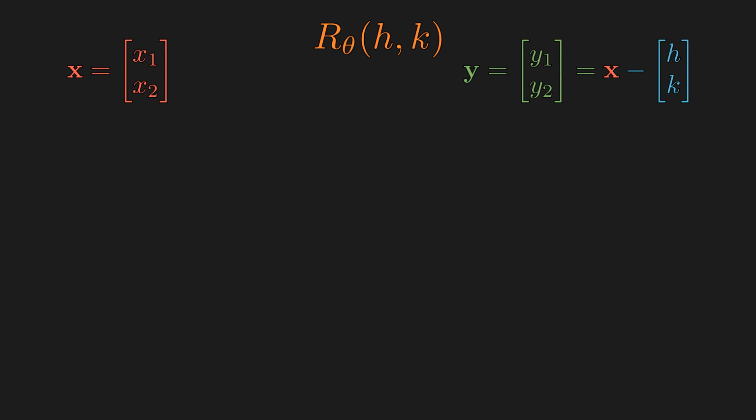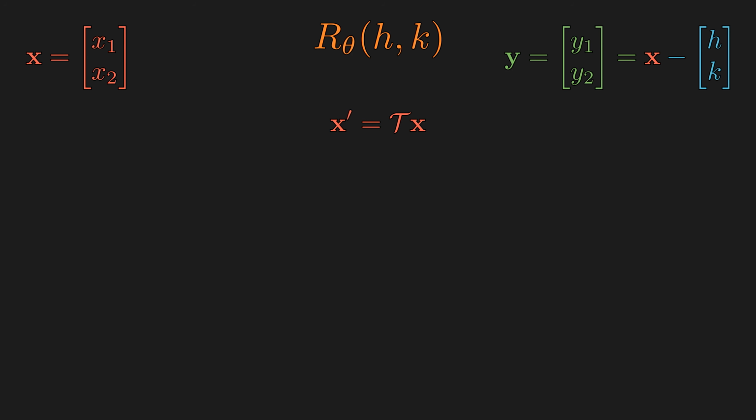Now, let T be the transformation that we want to describe, but in x's description, and x prime would be the resulting point after transformation. T is eventually what we want to get at, but it's too difficult, so let's try solving an easier problem: the same transformation but in y's description. And that transformation is just rotation about the origin, which can be represented as a rotation matrix.